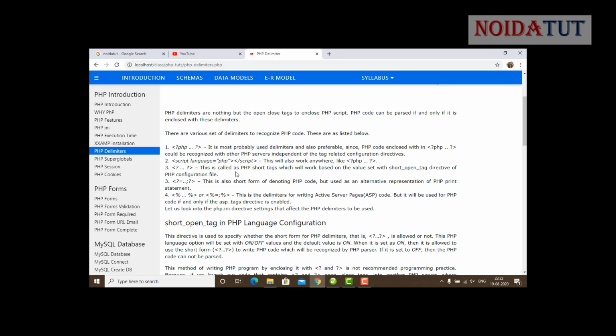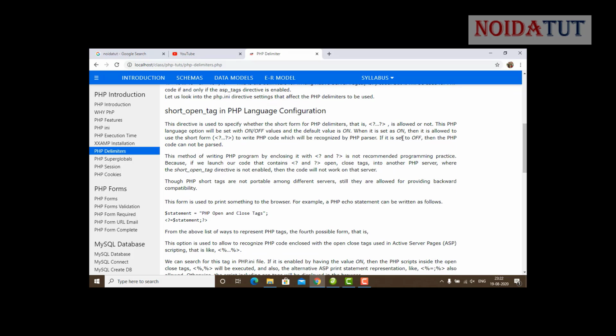Now let us look into the PHP INI directive settings that affect the PHP delimiters to be used. Short open tag in PHP language configuration. This directive is used to specify whether the short form of PHP delimiters is allowed or not.